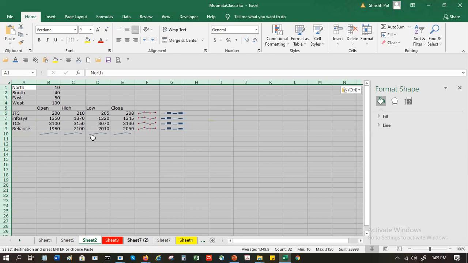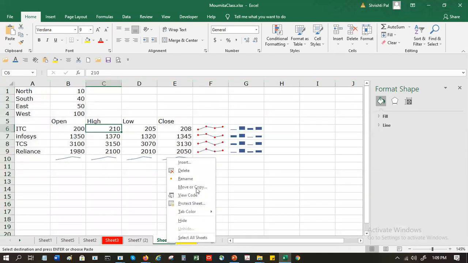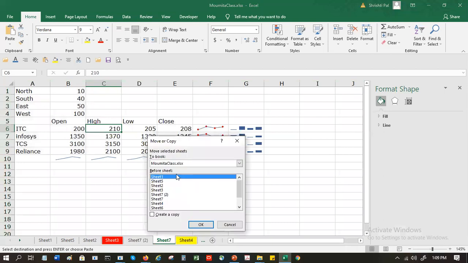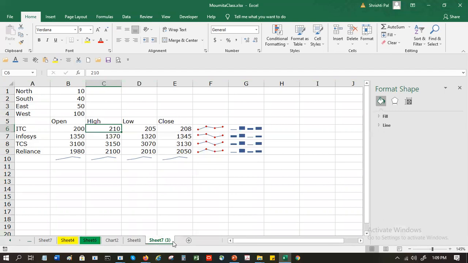But it will override everything else on that sheet, if there is anything there already. So this way, when I click this, I don't override; I can only create a new one. And if I want to move it to the end, it will come at the end, Sheet7 (3).